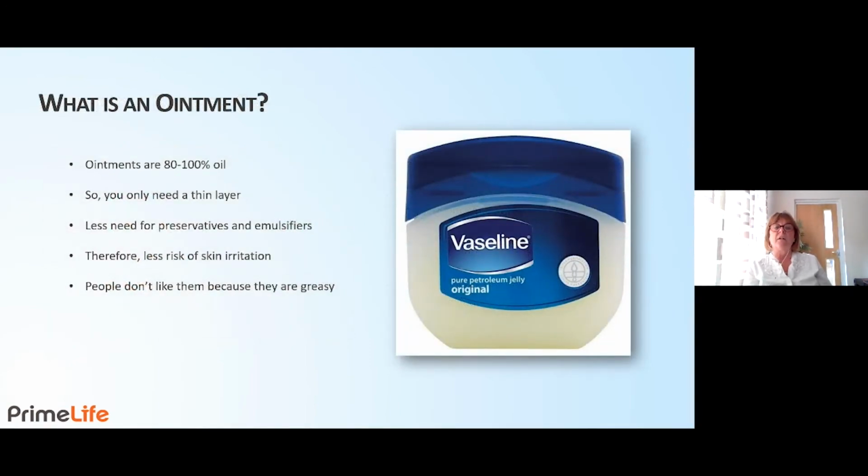So ointments are 80% to 100% oil, and you only need a really thin layer of this. There's less need for preservatives in ointments, and therefore there's less risk of skin irritation. Often people don't like these because they're greasy. And one thing to remember is this is an ointment. It sometimes can be very highly inflammable, so be careful if it's getting absorbed into clothing or into the resident's